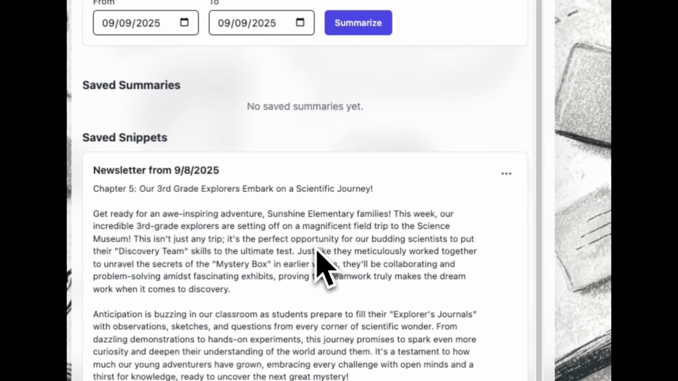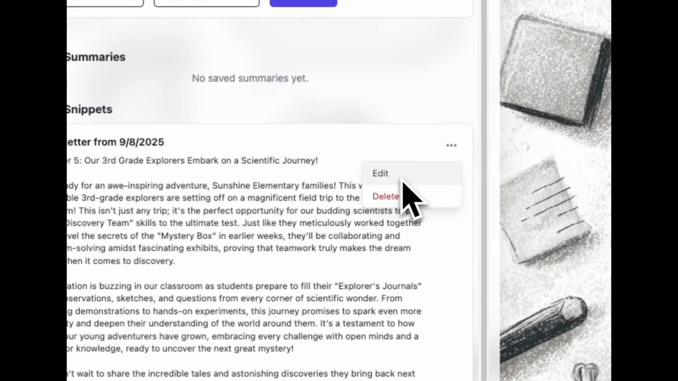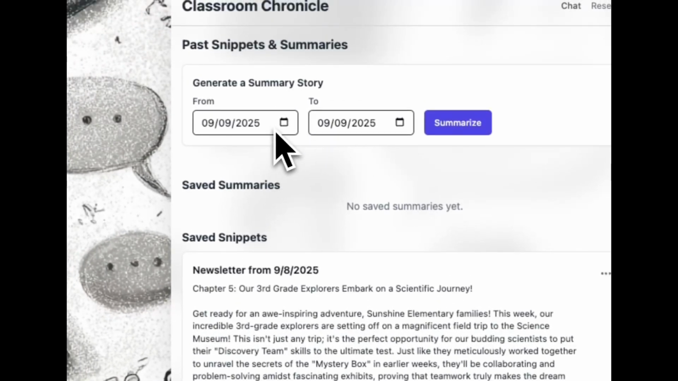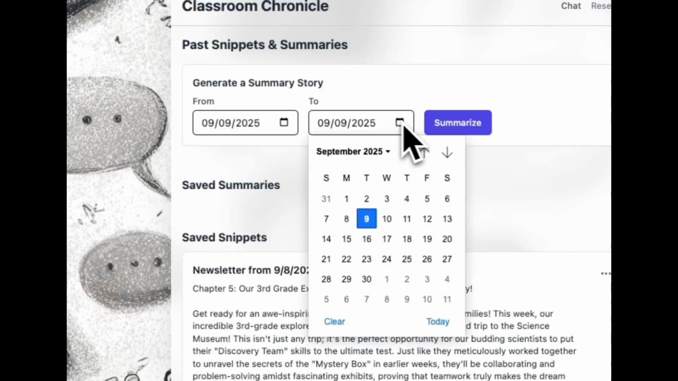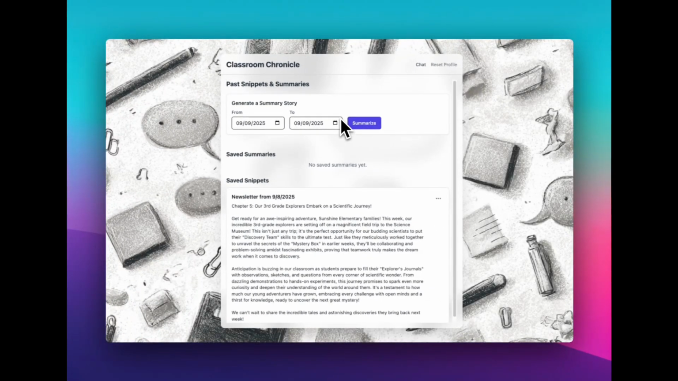Great. And now I am on the main page, the page with the snippets and the summaries. You can see here you have your saved snippets. This button here allows me to edit or delete. And here I can choose a time frame, my date picker, and summarize all of the snippets from that time frame. I just have one, so